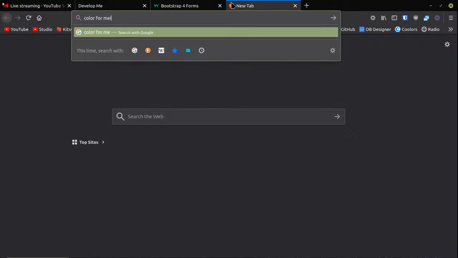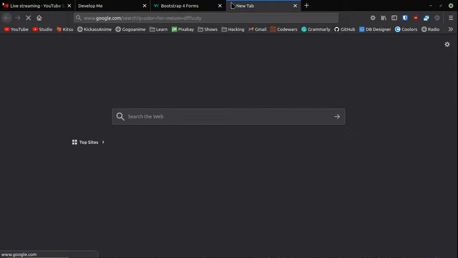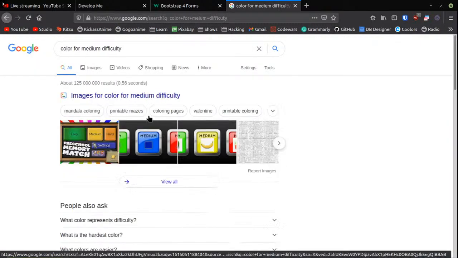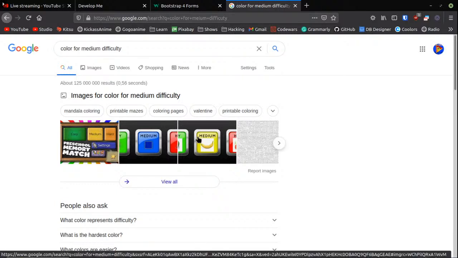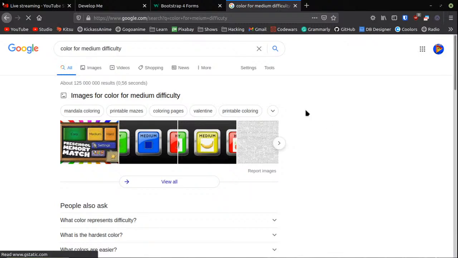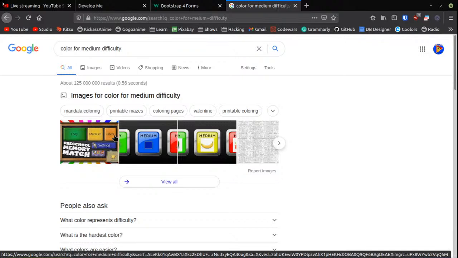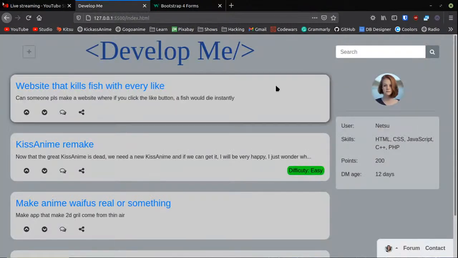Color for medium difficulty. Wow, okay, I can't type. Okay, get there. Yeah, see, it's a type of yellow. Yeah, it seems to be. And then hard is like a type of orange, it seems. But I think I'm going to keep very difficult, or very hard, as